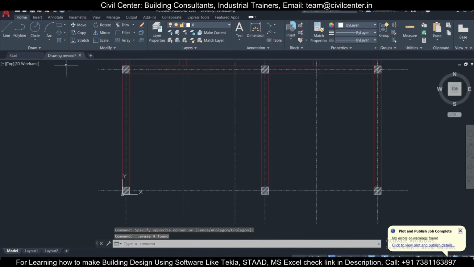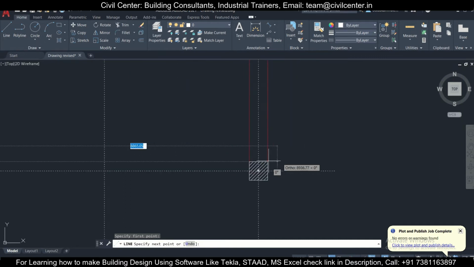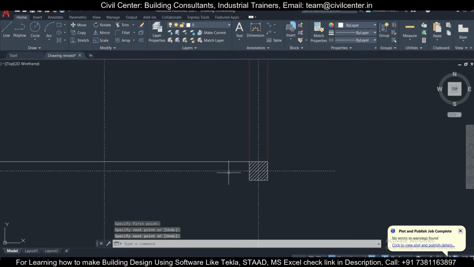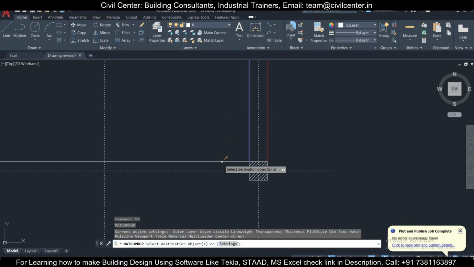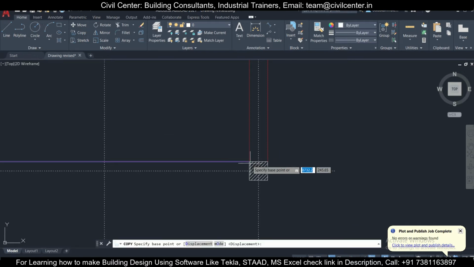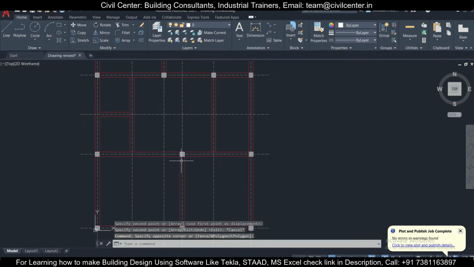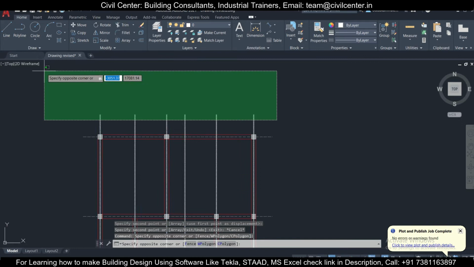Now we can simply have this and match the properties, MA, enter, to this. You have taken a separate color, so I'm keeping that. Okay, we hope that there are no intersections in the center line as well.